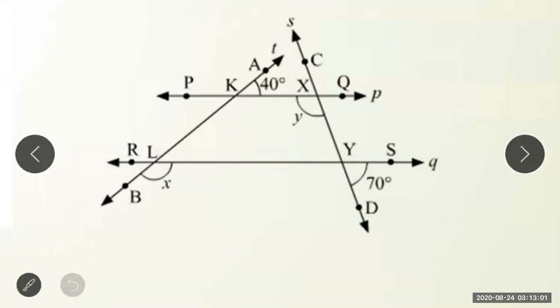See student, it is a big sum, so you have to write it down afterward, step by step, the things you are going to find and what they are asking you. Now here, measurement angle KXY plus measurement angle XYL. This is which type of angle? Interior angle. So interior angle is always supplementary, that is 180 degrees.